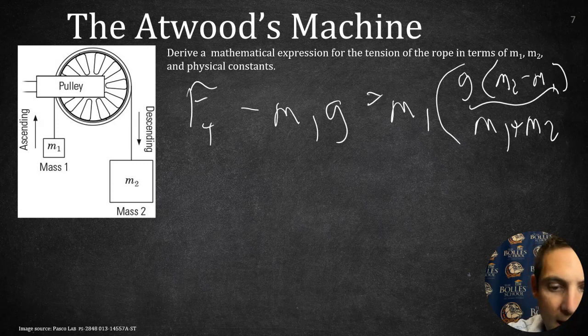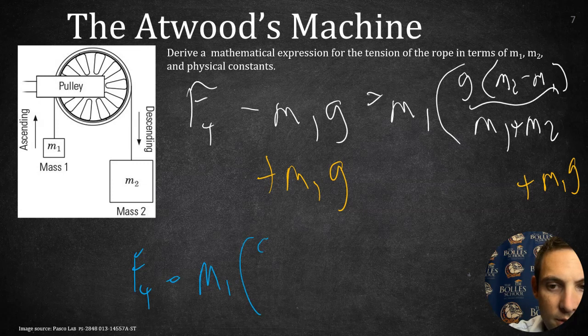I can add my m1g to each side, and when I do that, I get my tension. Tension turns out to be Ft equals m1 times g times m2 minus m1 divided by m1 plus m2